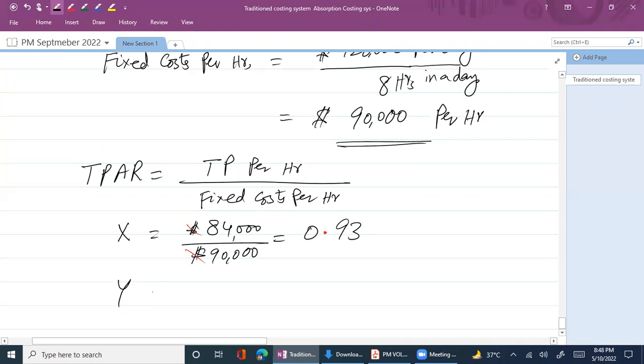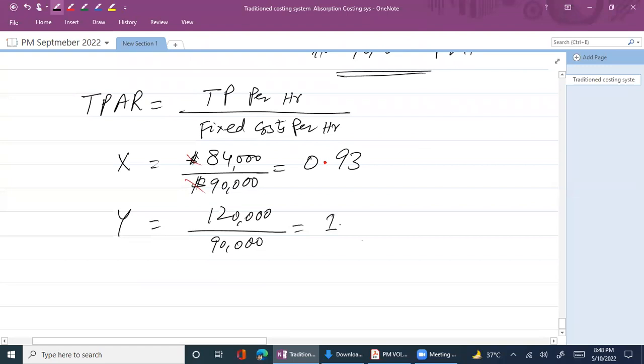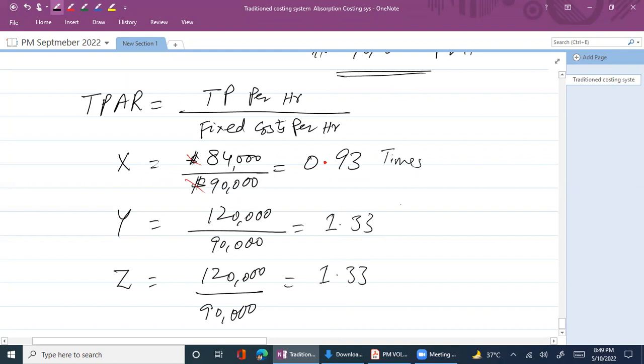Okay. For Y, this is 120,000 divided by 90,000. So here in this case, we can use the word times as well, or even we cannot use the word times. Now, what we learned,